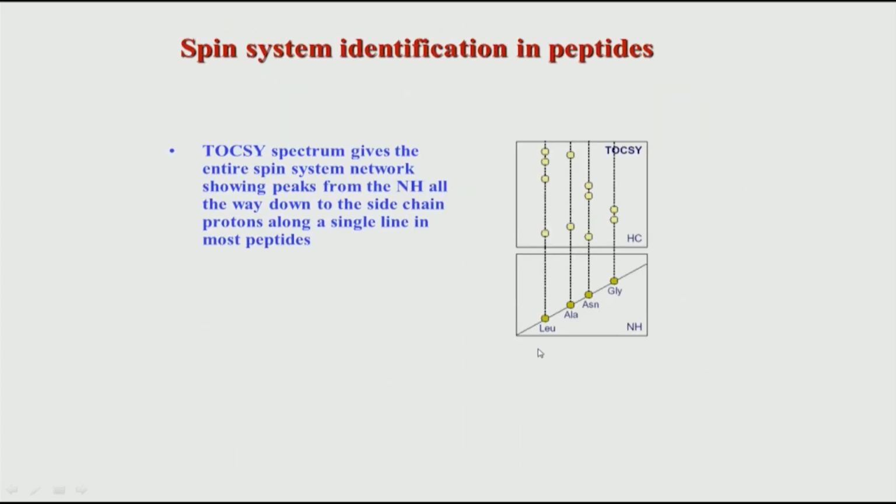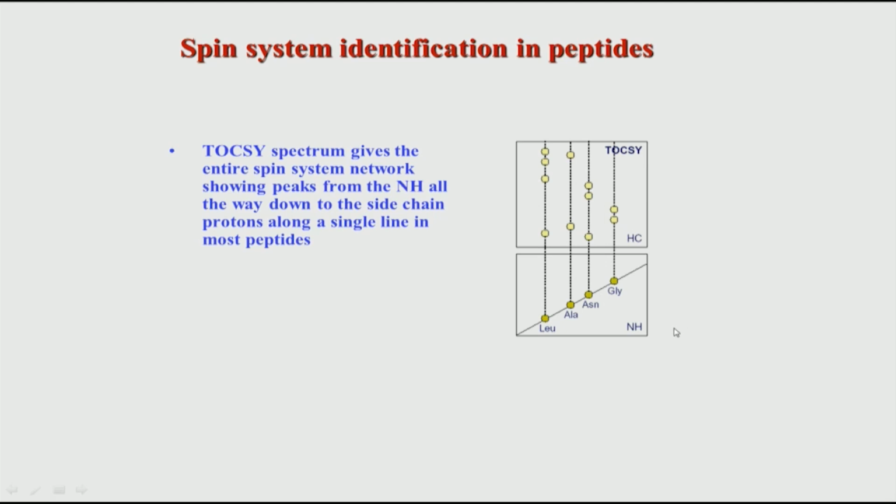This is a peak pattern which is characteristic for each amino acid. Now let us see how TOCSY can be used for spin system assignment. What is shown here is a TOCSY cutout from just a schematic diagram, not from the peptide which we are going to look at. The TOCSY spectrum gives the entire spin system network, showing peaks from the NH all the way up to the side chain protons along a single line. This is a portion of the TOCSY spectrum, not the full spectrum. You can see from the NH: alpha, beta, gamma, delta and so on for each amino acid, and this is what we will be using